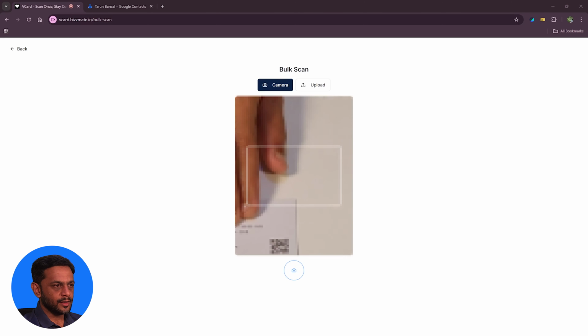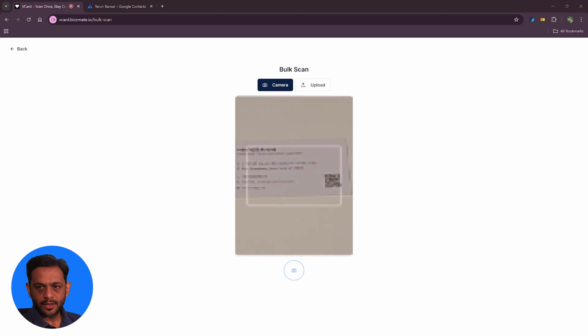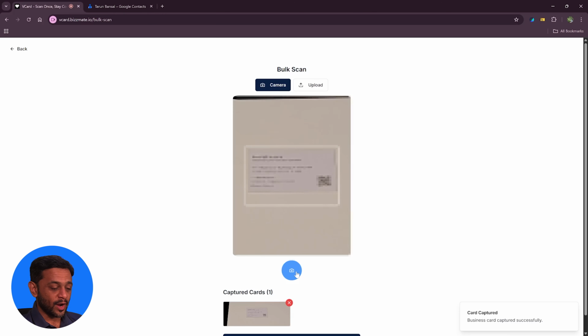So I'm zooming in, I'm just taking the card and placing it within this box, right? So you can see that the card is right in the center of the box. So I'll click on this one. One card is done. I'll move this, get the next card,